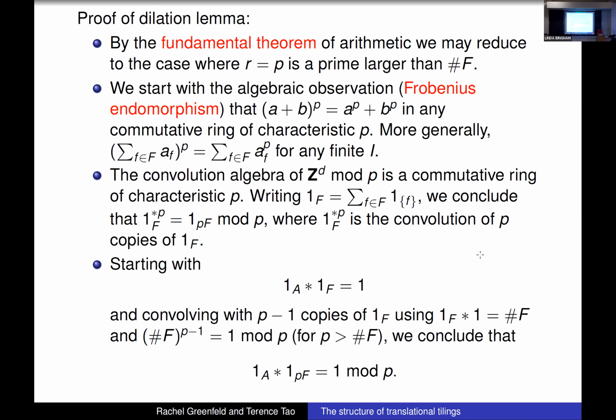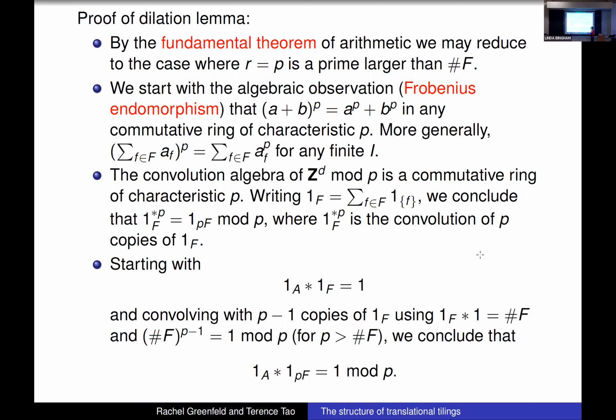Because all the cross terms in the binomial formula just vanish mod p. So this is true mod p, or more generally in any ring of characteristic p. (a plus b) to the p is just a to the p plus b to the p. So in particular, if you raise a finite sum to the power p, you can just sum it term by term. All right, so we apply this in a specific ring, which is the convolution algebra of your group,